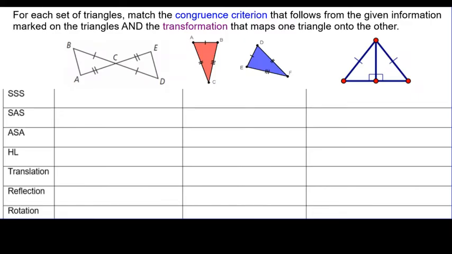Let's do some example problems here. So here I'm going to ask you, for each set of triangles, match the congruence criterion, or I could say postulate, that follows from the given information marked on the triangles, and tell me the transformation that mapped one triangle